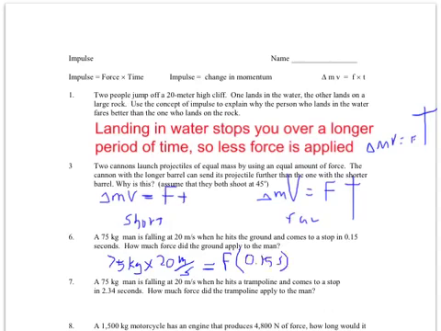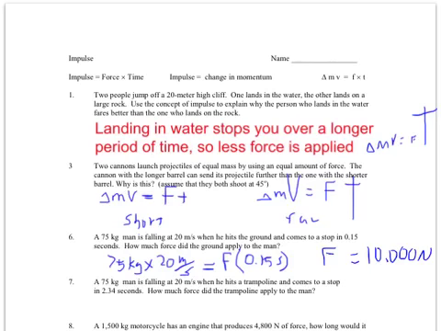And the impulse equation is nice because all you had to do is take the variable you're looking for and divide by whatever it's being multiplied by. There's never any variety. It's always going to be two things multiplied divided by the other thing. So 75 times 20 divided by this gives me the force equals, hang on, let me look at my answer key so I don't have to get out my calculator. I'm so lazy. Oh yes, 10,000 newtons.